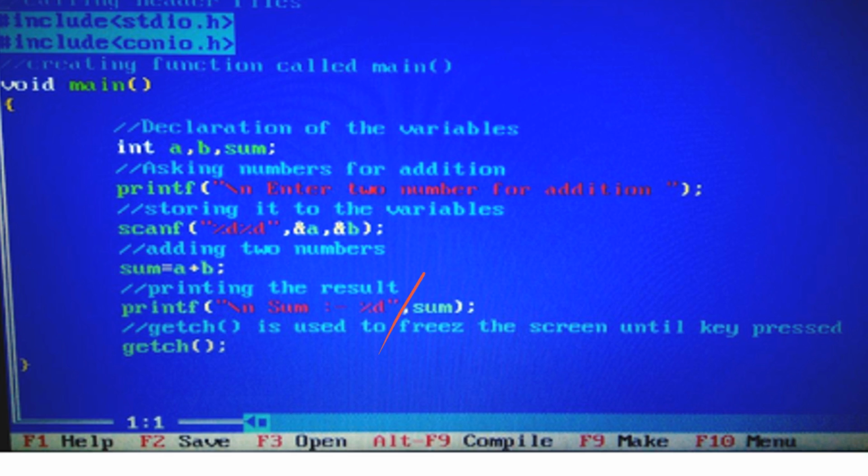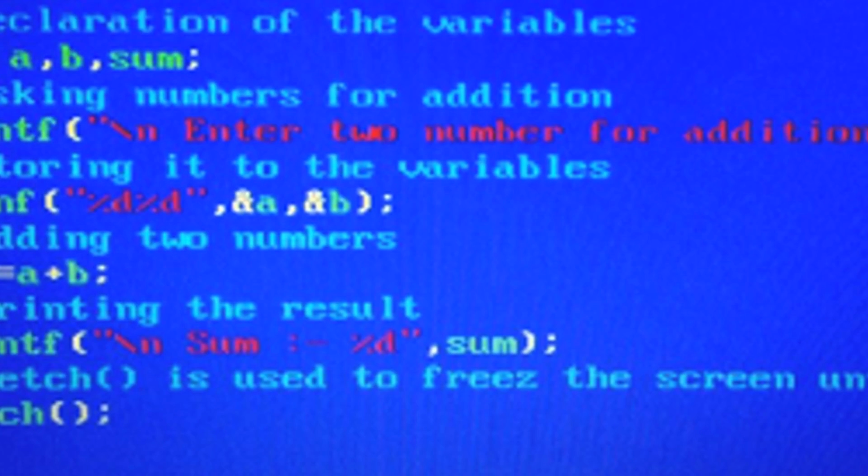So sum will become 30. This was about the ampersand, but you can see here I'm using %d. This is what the format strings or format specifiers are, which I'm going to tell you about.